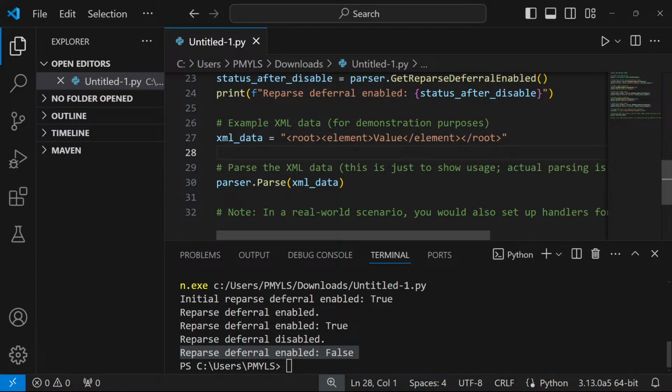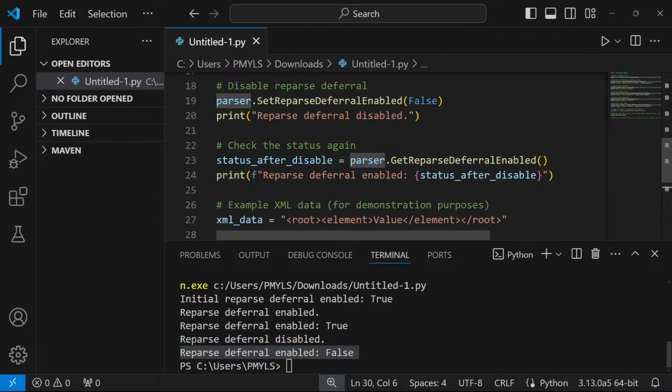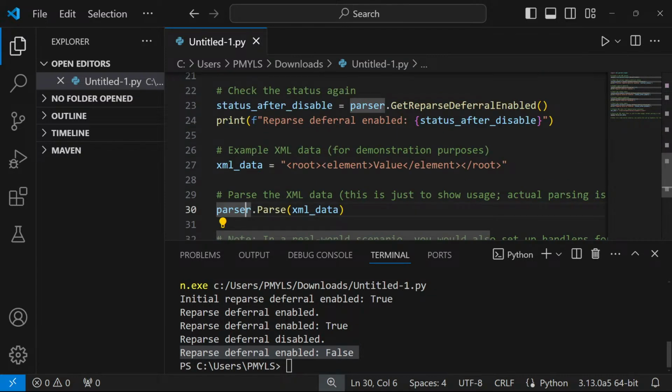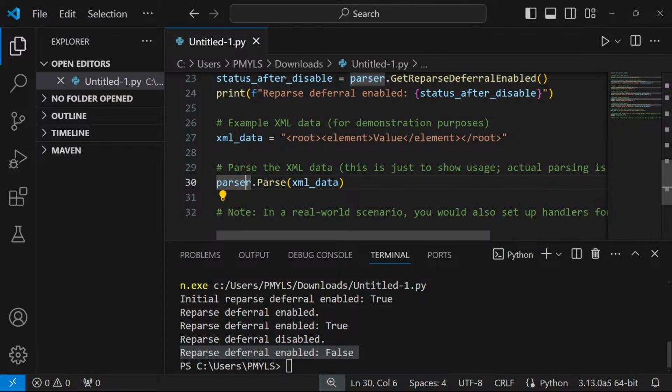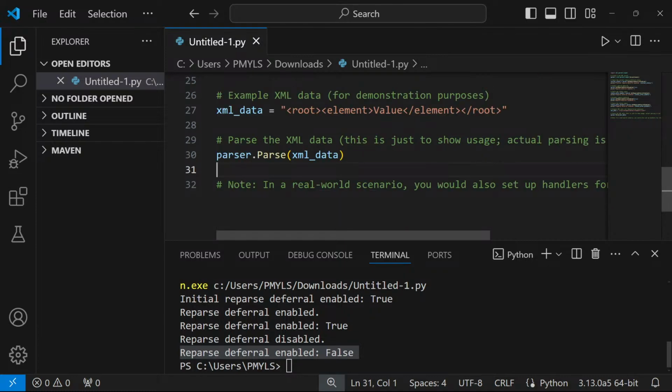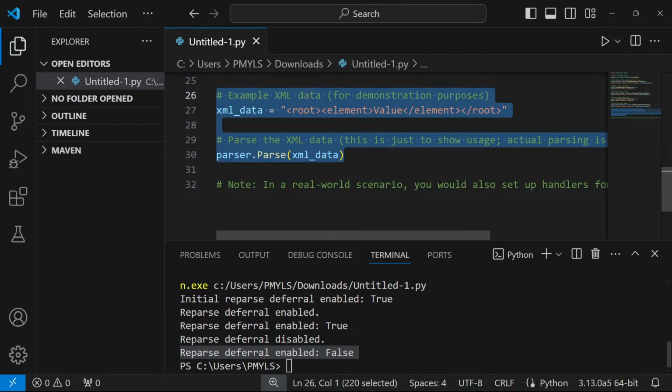And then you know what parser is. This parser is the object. This is the parser of the expat XML parser. We created an object of the expat XML parser, and then using this object we're calling its method parse. We're passing the variable XML data into it so that we can parse the XML data. Whatever data is inside this variable, it's going to parse this data. So now we're going to ask